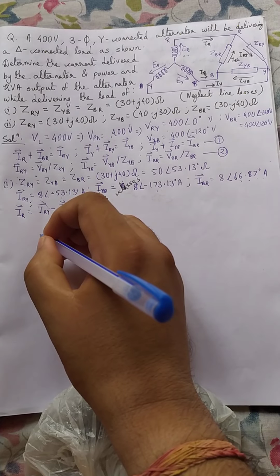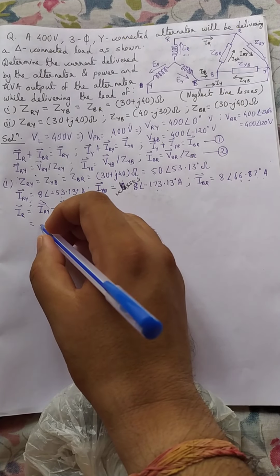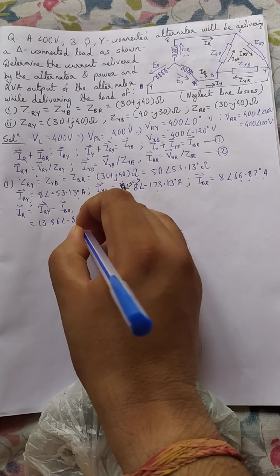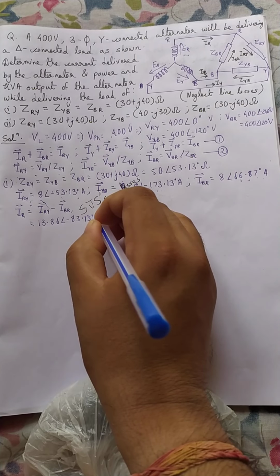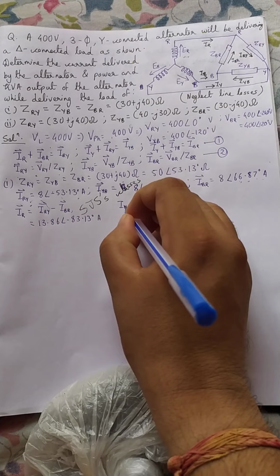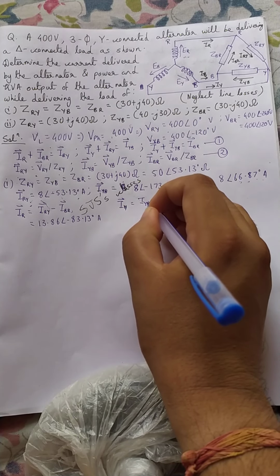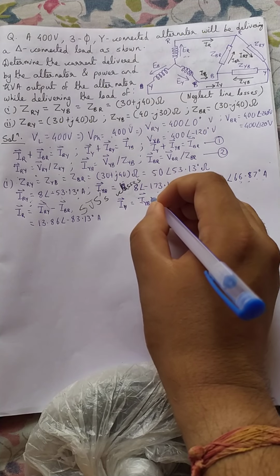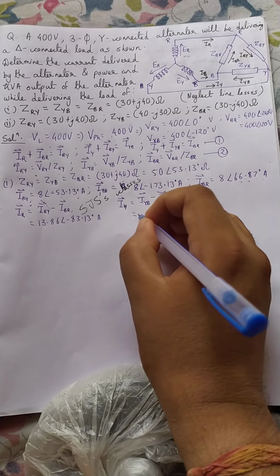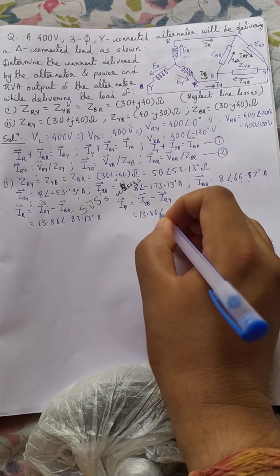Now if you would be solving it vectorially, then the value would be coming to be equal to 13.86 angle minus 83.13 degree ampere. IY will be equal to IYB minus IRY. Again we would be solving it. It would be coming to be 13.86 angle